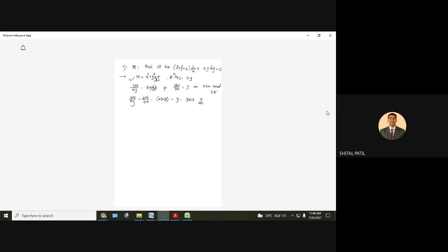Now you go to the M. M contains 3 terms. So if you divide by M, it is not possible to cancel the maximum number of terms. Go to the N. Single term here, single term here. So it will be beneficial to divide by N. N is xy. So y will cancel. What will remain? 1 upon x.